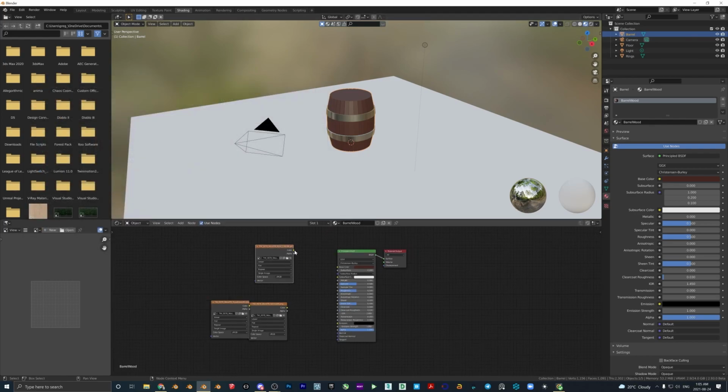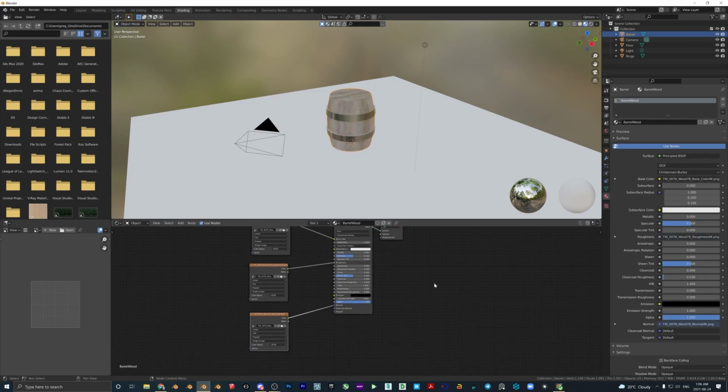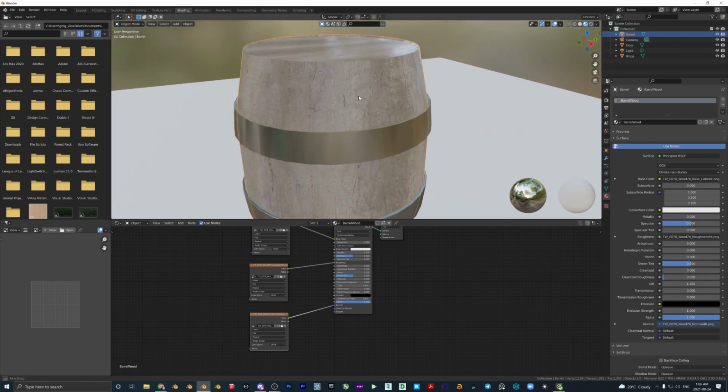Let's plug in the color map. Let's plug in the roughness. And then let's also plug in the normal. So once we do that, things aren't quite looking right with the barrel. It's a little bit off and it's kind of got these weird